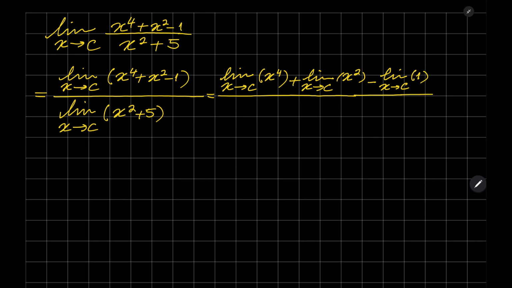1 over limit as x approaches c, x squared plus limit as x approaches c 5, and it will be equal to,